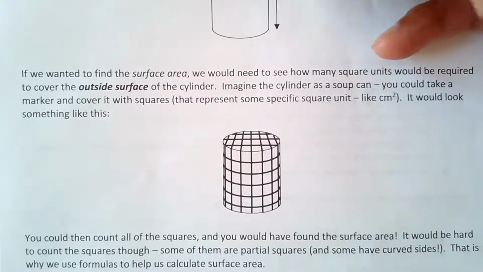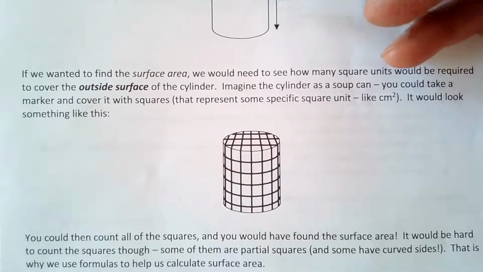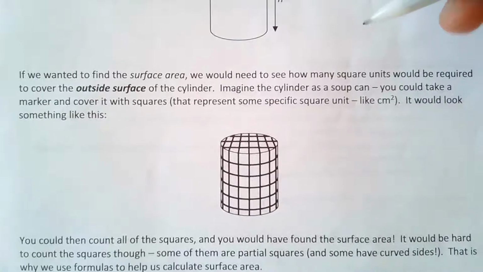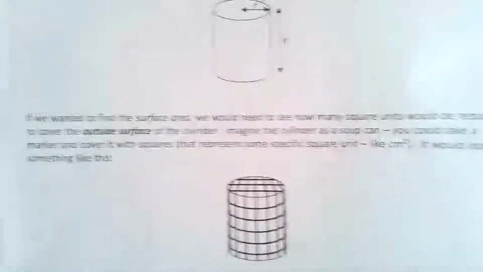For example, in this case, a cylinder. This is a circle here. You'd be finding the area of the circle and a circle at the bottom here. Then we find the area of the sides. So the 3D object itself